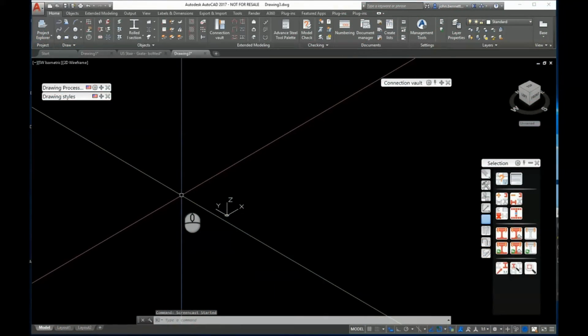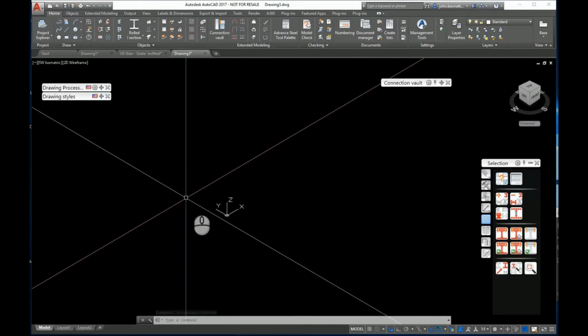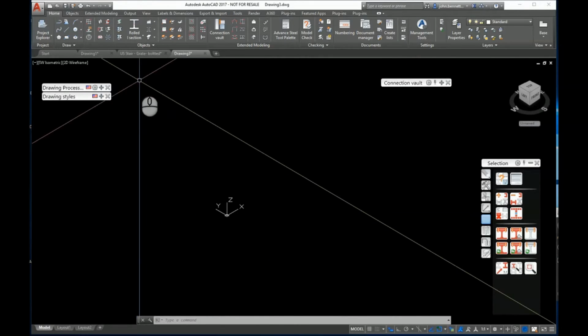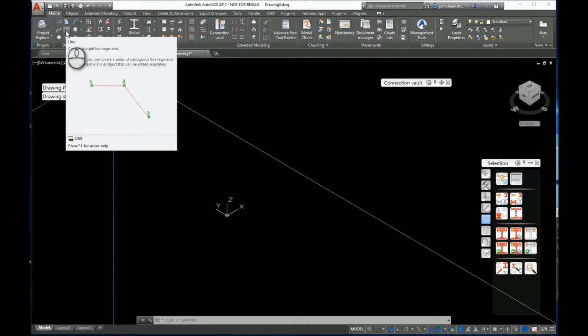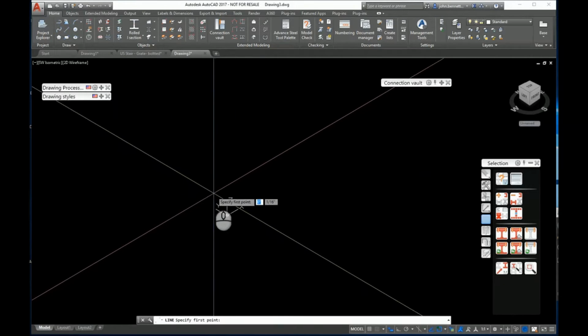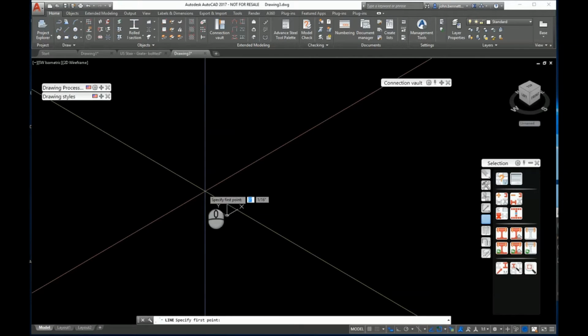So working in Advanced Steel 2017 in the US version, most people might have a bit of trouble trying to draw a staircase for the first time, especially if you're in the plant industry. So this is the way I'd go about trying to resolve that issue and trying to set some defaults in